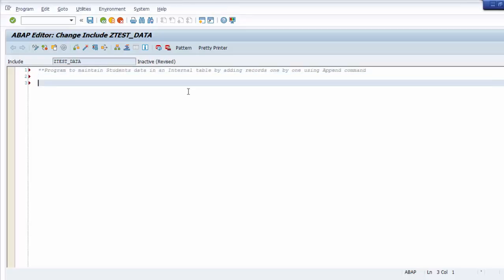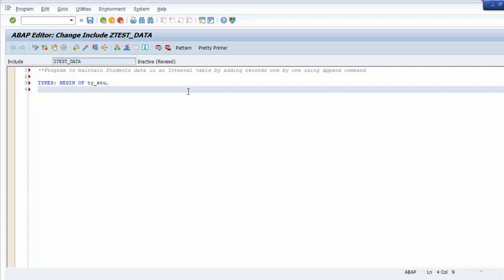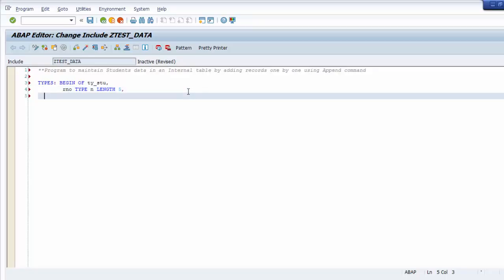The first step would be we'll be declaring the structure of the data. That is types, begin of ty_stu. Let's take few fields: roll number, type numeric, length 5. So now we are using a chain operator. If you can see, class type character length 10,